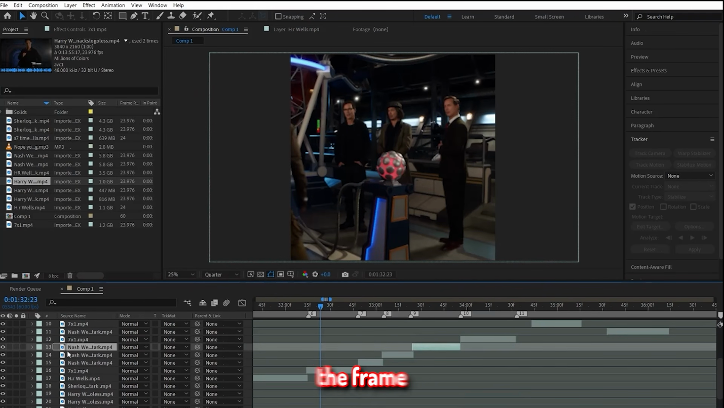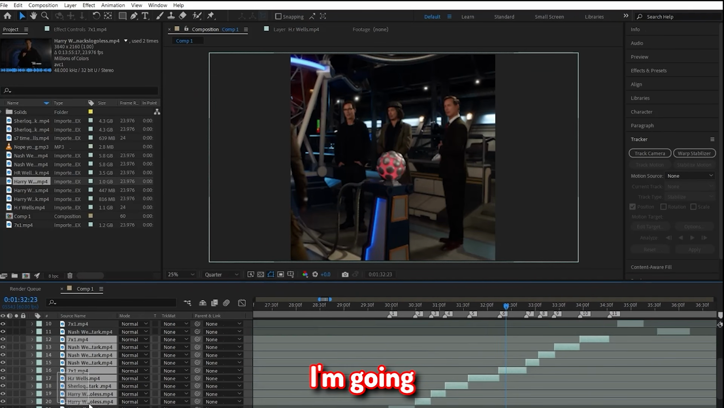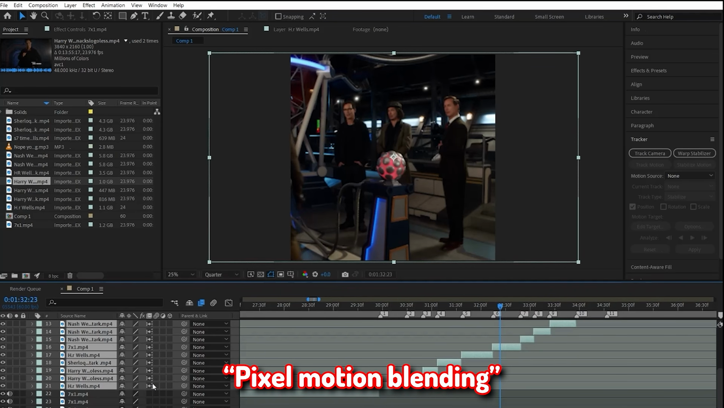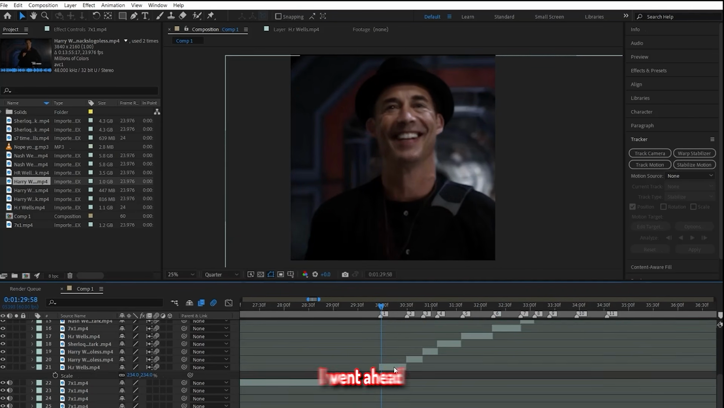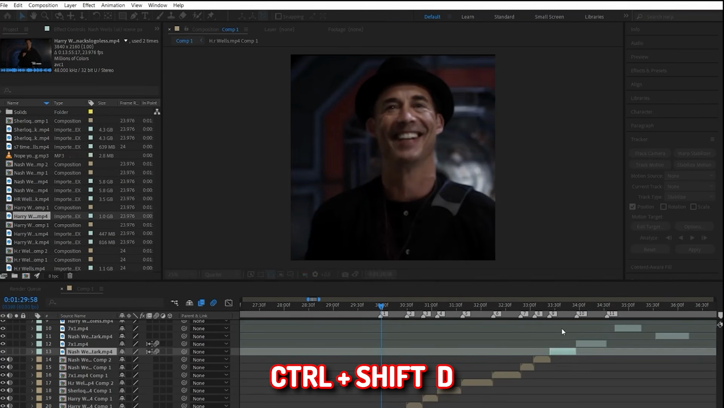And really quick, because the frame rate of my clips doesn't match my composition, which is 60 FPS, I'm going to select all of these and add frame blending to them by clicking this. I'm going to click on it twice so it shows up as pixel motion blending. This just makes it look a lot cleaner. From here, I pre-composed all these clips individually by pressing Ctrl-Shift-D,